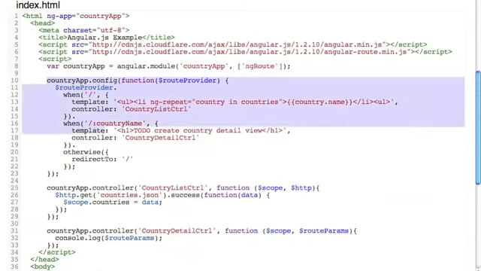So here is the API for routing in Angular. Country app.config, which initializes the module. This gets called once. Function route provider. Again, this is using dependency injection by inference. It infers it based on the arguments of the function. So route provider,